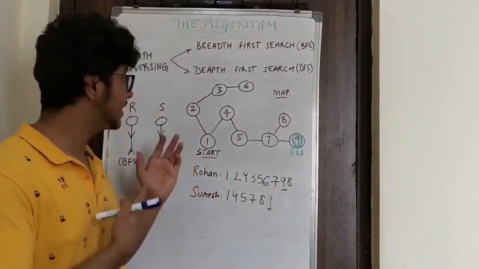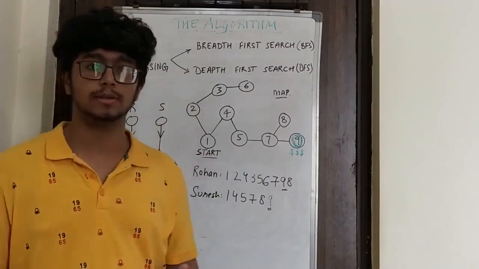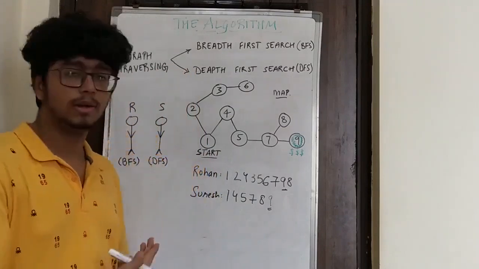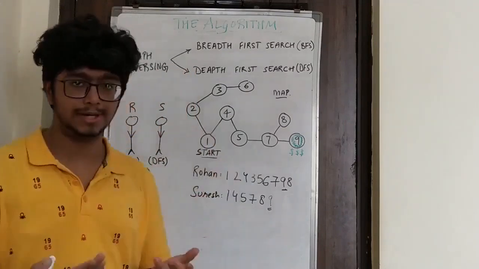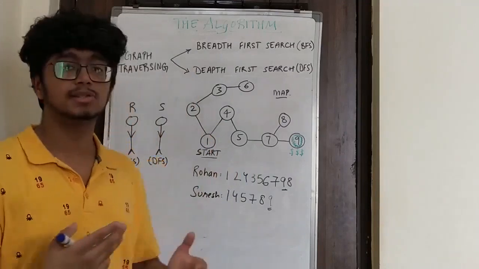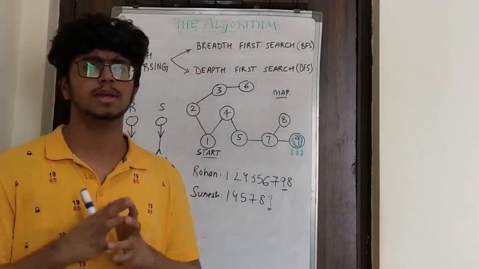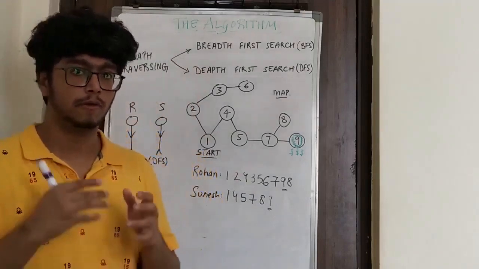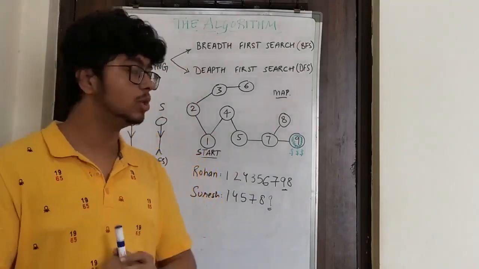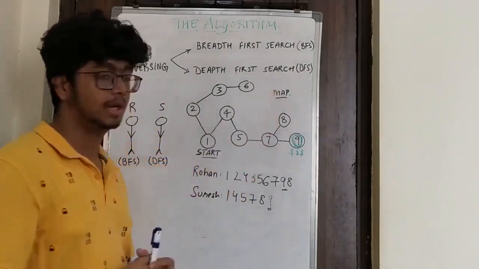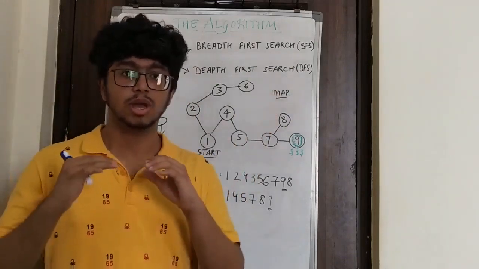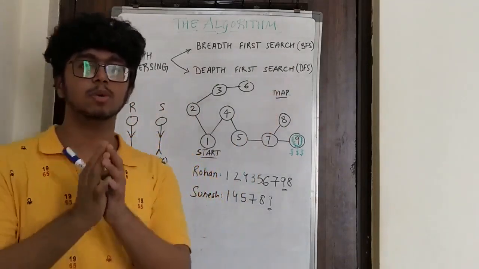So this is the basic intuition behind both these algorithms. Again, this problem is not related to our problem, but this is just a basic intuition as to what BFS and DFS are. Okay, so now I have a question for you. Which data structure should we use for both these algorithms?